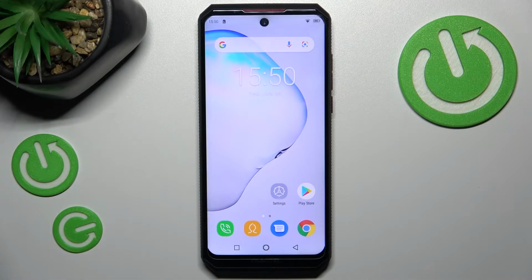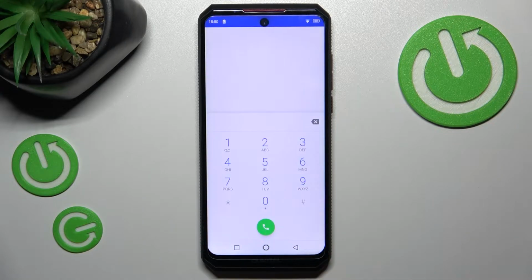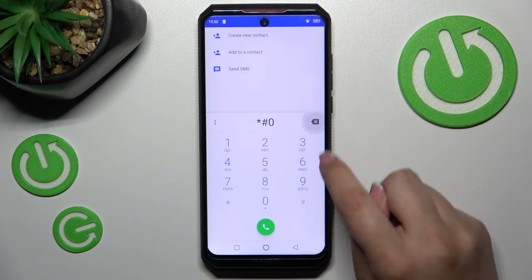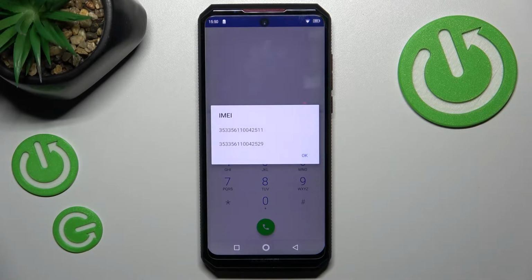Everyone, in front of me I've got Oukitel K13 Pro, and let me share with you how to use secret codes on this device. So first of all, let's open the dialer, as it is the place where we can enter all those codes, and let me begin with the shortest one and probably the most known, which is *#06#. And as you can see by this code, we are provided with both the main numbers